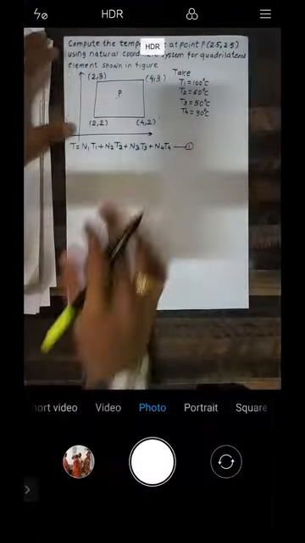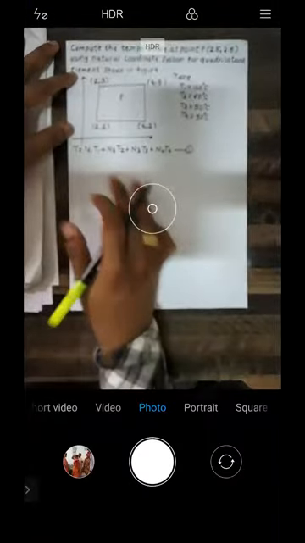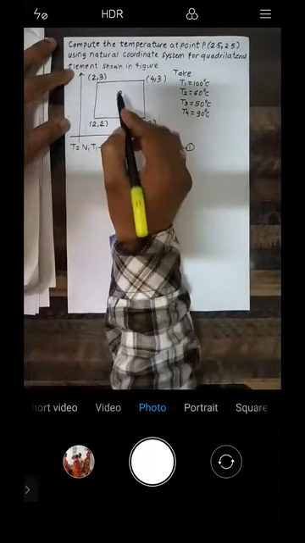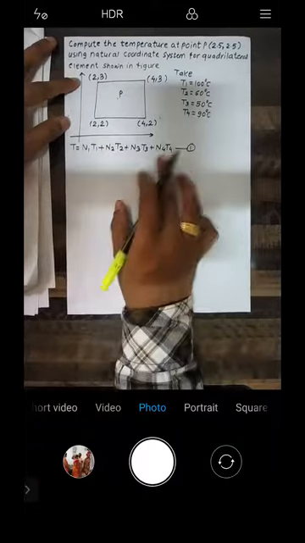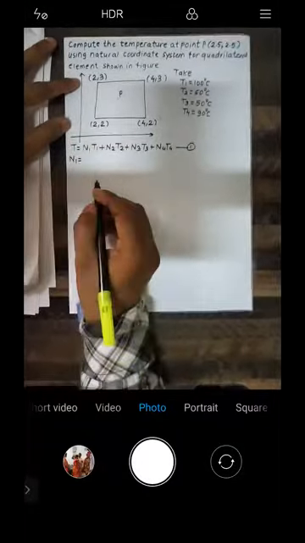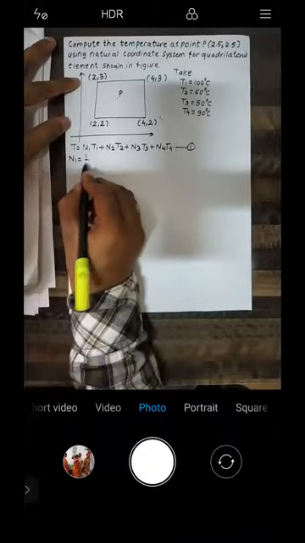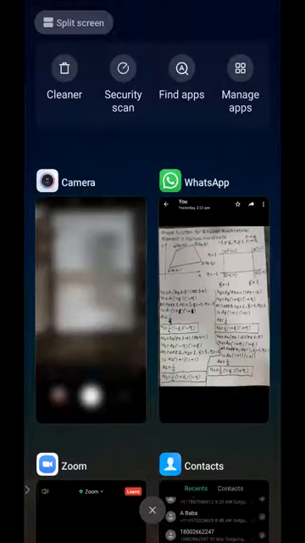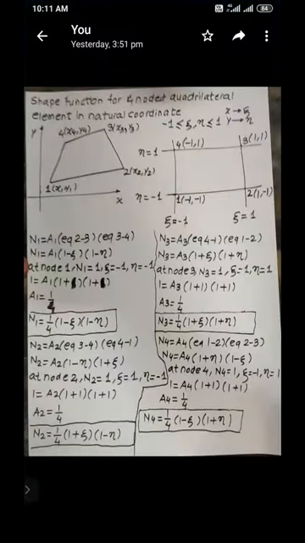So I will go in reverse manner. If I need to calculate the temperature at this point, it is N1 T1 plus N2 T2 plus N3 T3 plus N4 T4. Now, what is the value of N1? How will I calculate N1? In the last lecture, we have seen this shape function. N1 is given by 1 by 4, (1 minus zeta) and (1 minus neta). This is how we will calculate the first shape function, right?